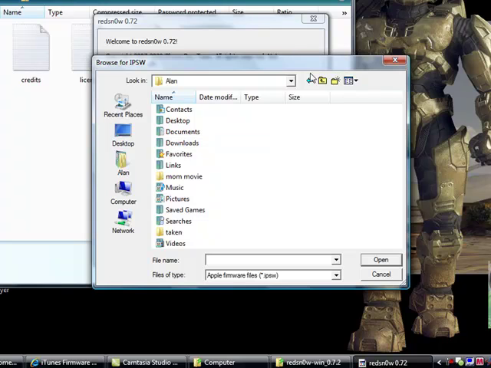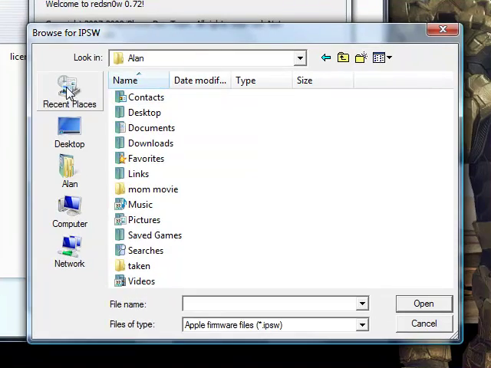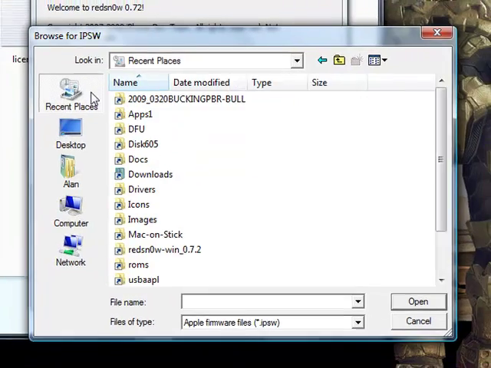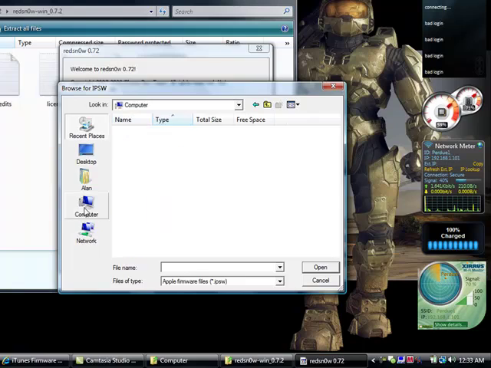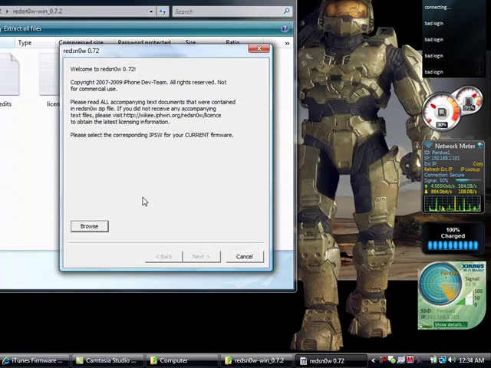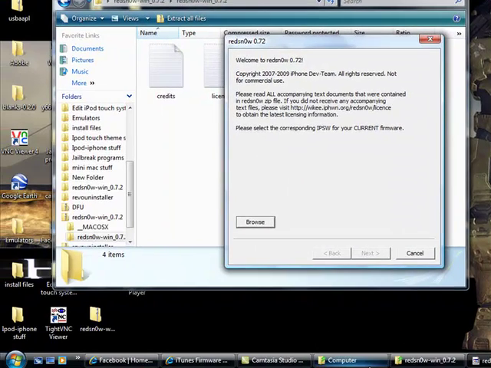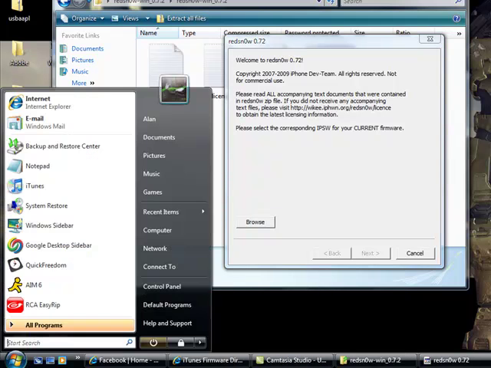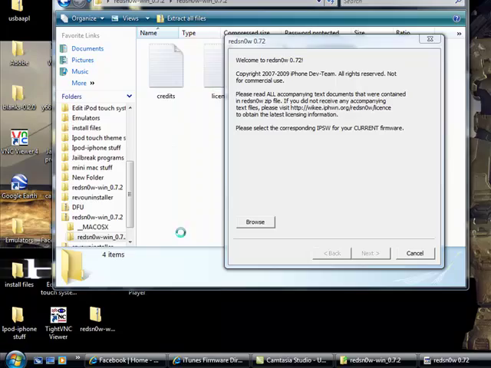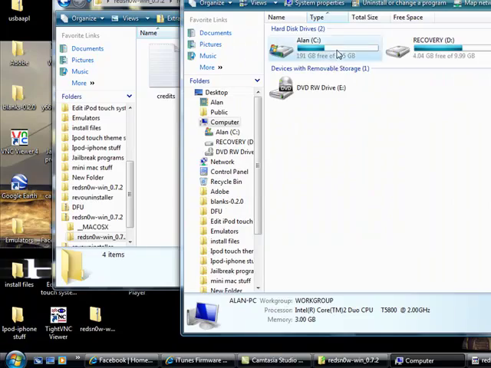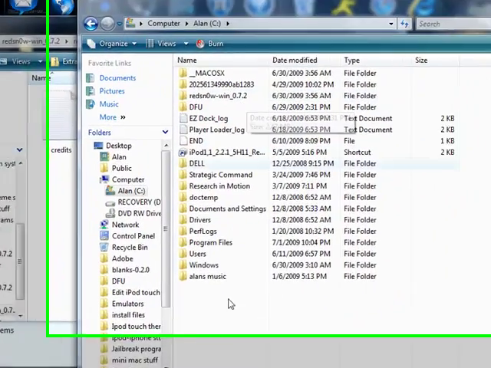and if I can find it here. Hold on just a second. Here, I'll show you how to do this to make it a little bit easier on you. Go to Start, Computer, your hard drive, Users,